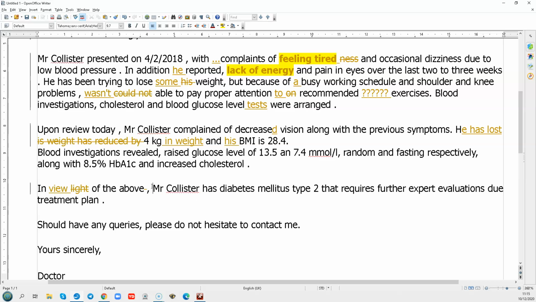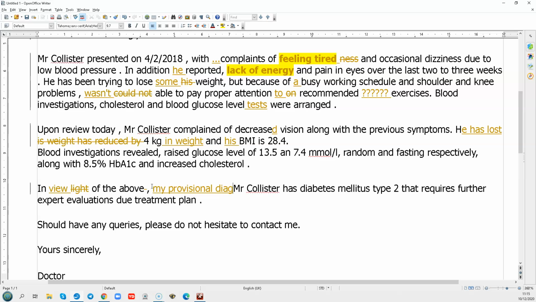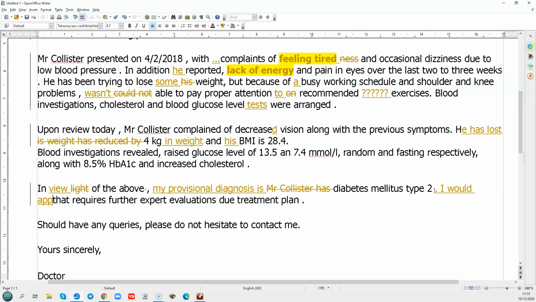So in view of the above, my provisional diagnosis is blah blah blah. Okay. My provisional diagnosis is diabetes type 2, and then you can usually put the I would appreciate it if